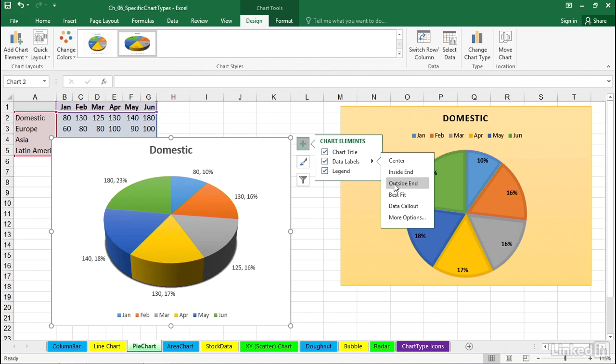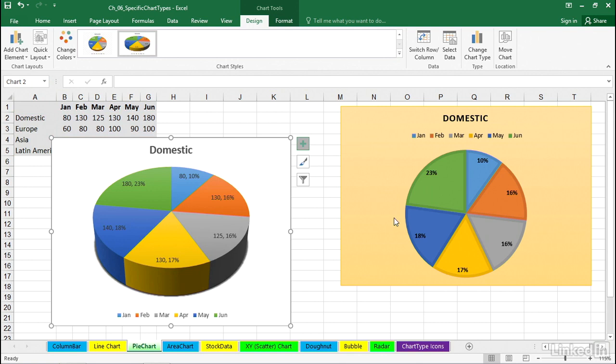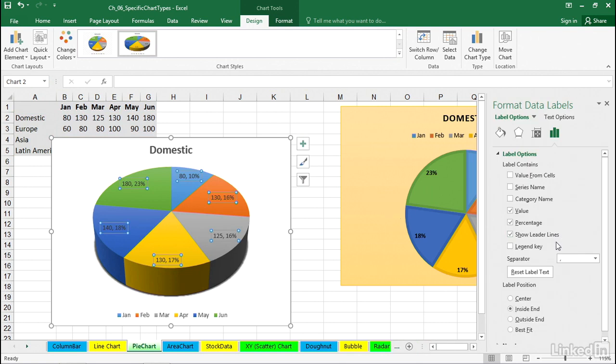Sometimes outside in might be better. More options here. You'll see a choice out here that might be a little bit mystifying. It says show leader lines, which is checked, but yet we're not seeing them. But first of all, consider whether you want series name. We see that. Category name. Now that's duplicating what we see in the legend, so you might want to either get rid of the legend